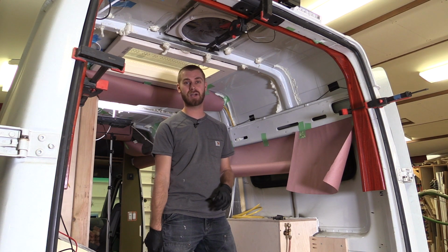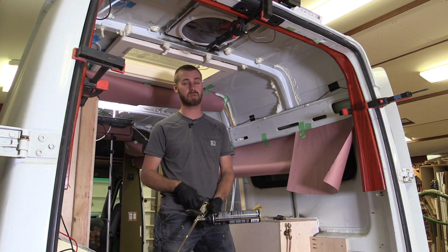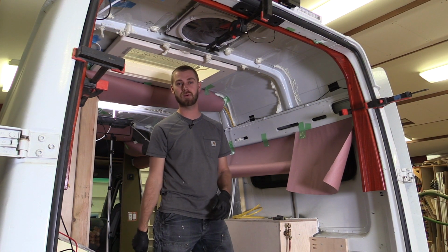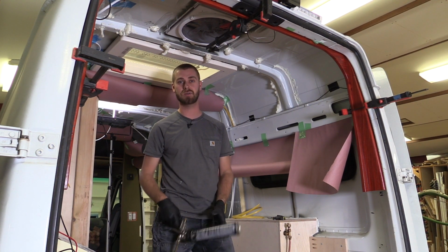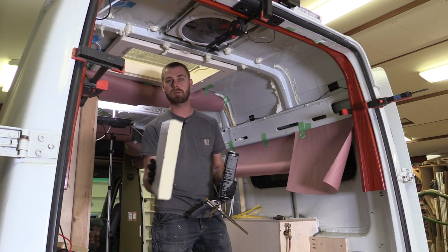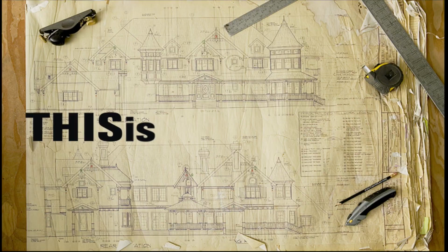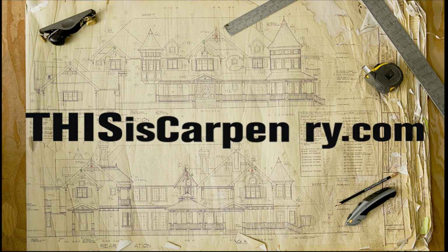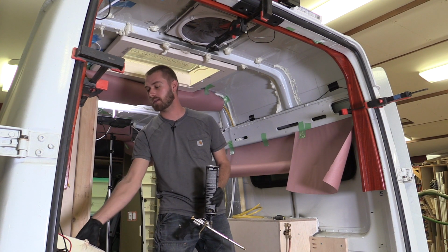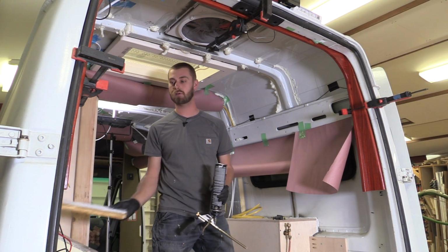So we had a couple of different options we could go with. We could get a spray foam kit and spray foam this whole thing ourselves. But we decided for how small an area it is, we were just going to do spray foam in a can and R-Max insulation. So we have 2-inch and we have 1-inch. We're doing 2-inch